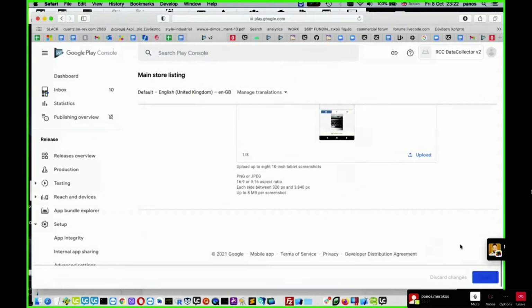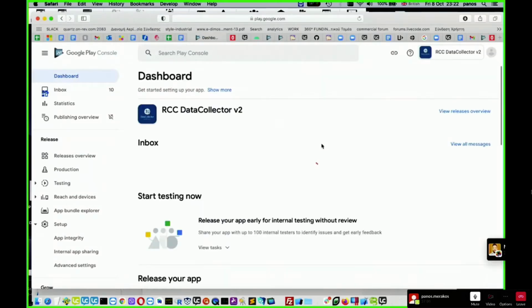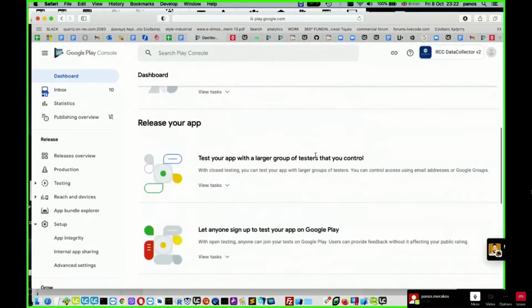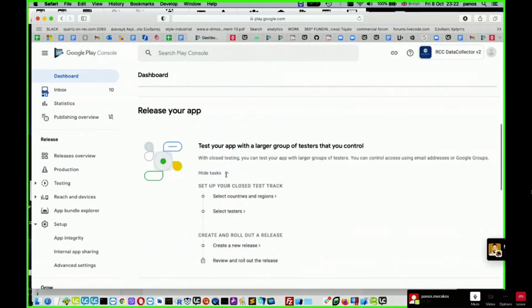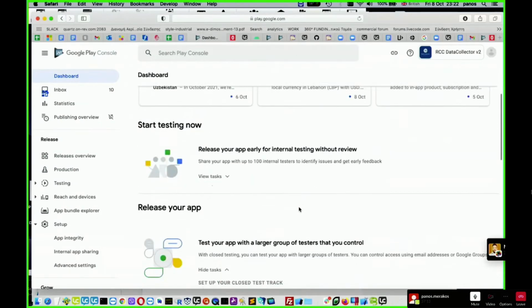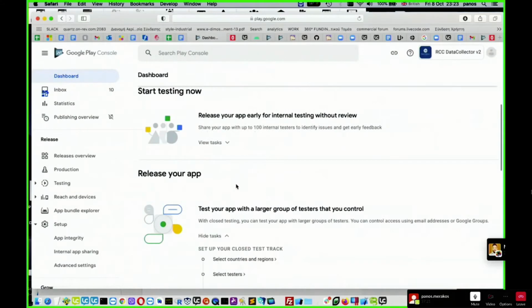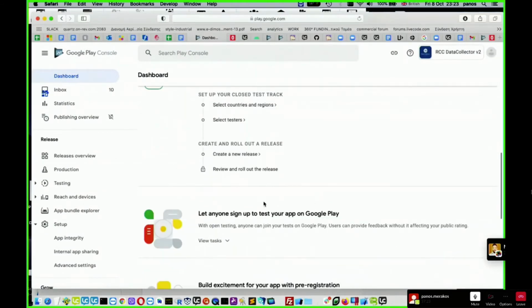I don't think that the Play Store will complain about this now, so I'm going to save my changes and then go back to the dashboard. So the section that was after the Start Testing Now section is gone now because I have filled all the info.